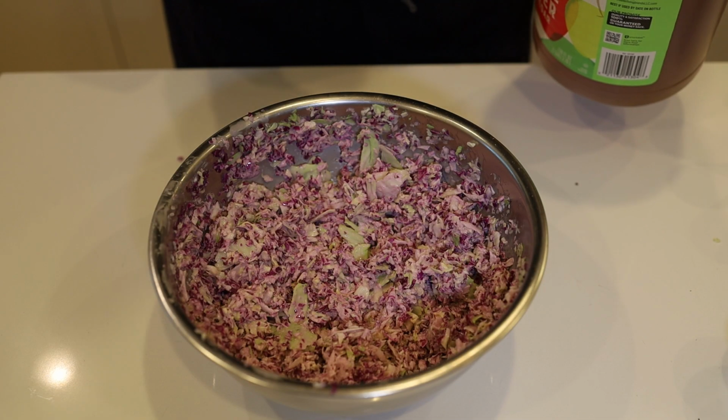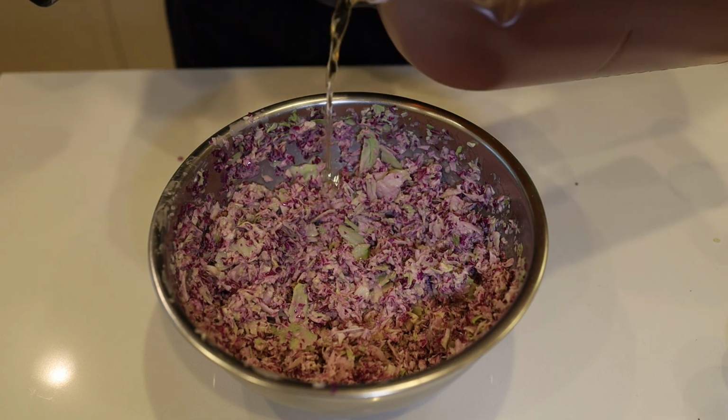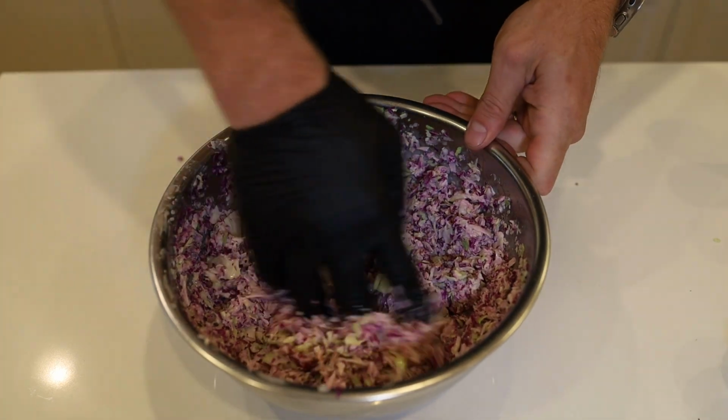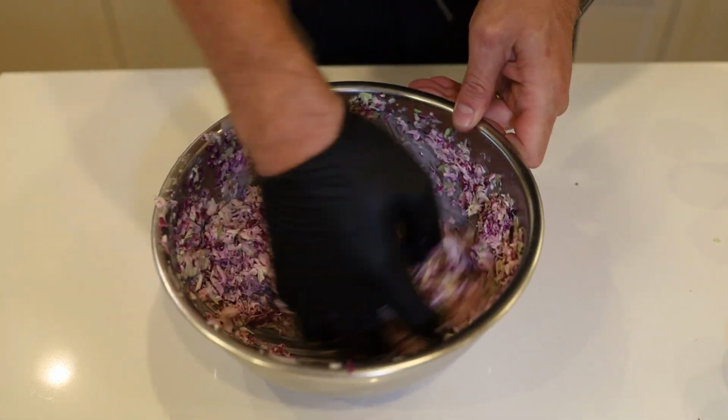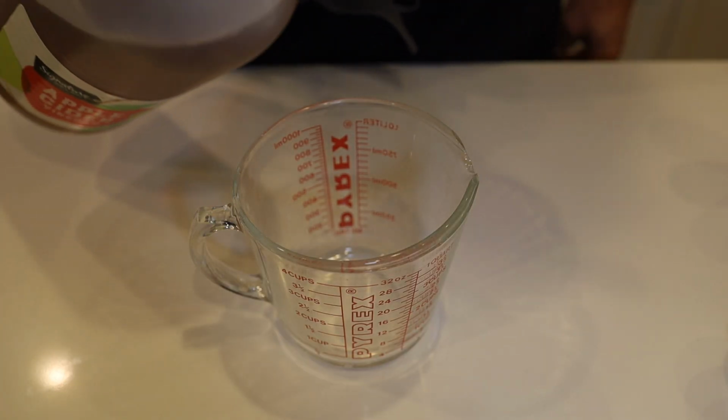I'm glad I tasted it before I put it in the fridge because it needs some acidity. We forgot the apple cider vinegar. Now give it a mix. That's more like it. For our barbecue sauce, starting off with some apple cider vinegar,